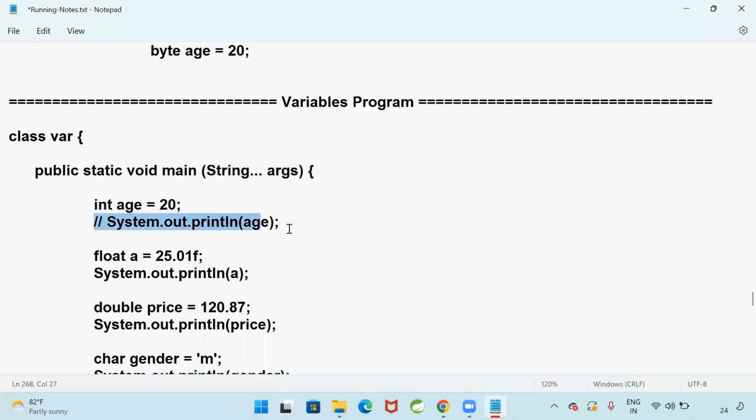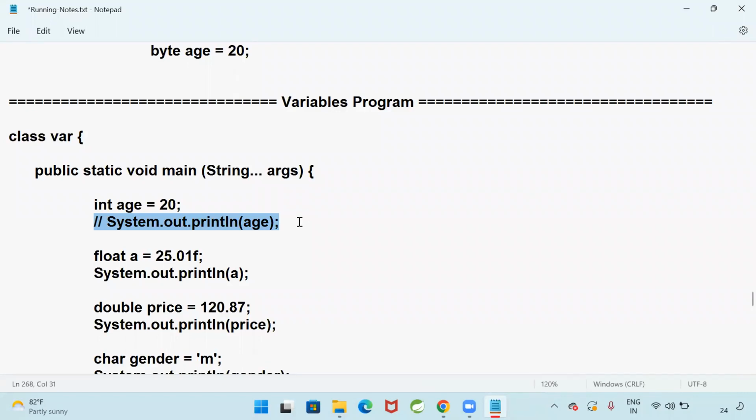If it is not compiled, will it be part of execution? Compilation did not happen, so how will the bytecode come? It is part of the program. The compiler is not compiling, then bytecode will not be available. Then how will it execute? Completely, that commented line will be removed in the compilation phase only. So it will not be part of the bytecode.